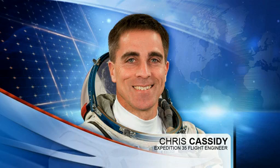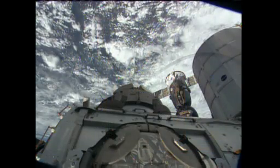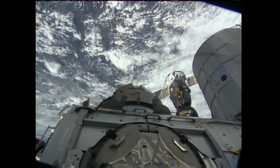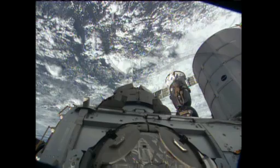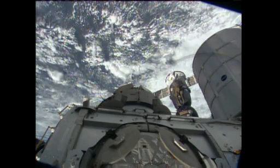Meanwhile, Flight Engineer Chris Cassidy worked with the Fluids Integrated Rack, prepping samples to be tested within the Fluids Physics Research Facility. He also spent some time with Commander Hadfield in crew handover activities, then performed sample initialization of the BCAT-3, also known as the Binary Colloidal Alloy Test, a study that explores the separation of phases of liquid